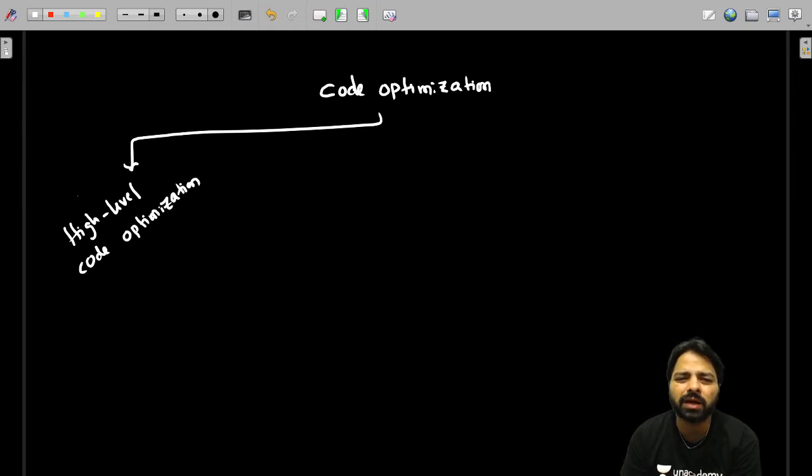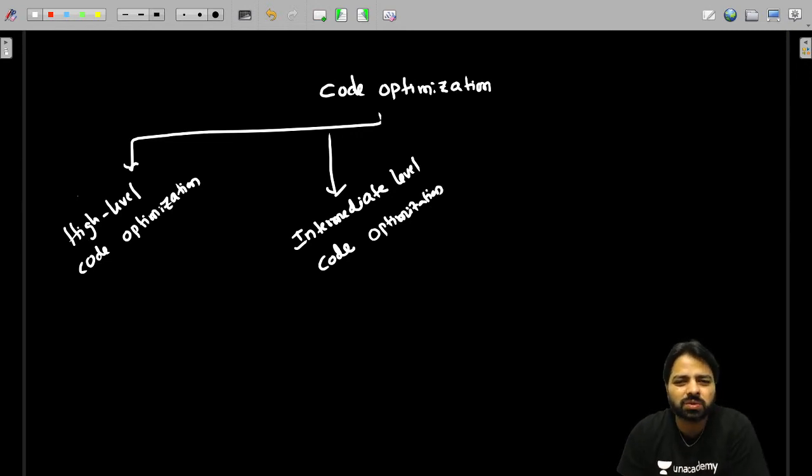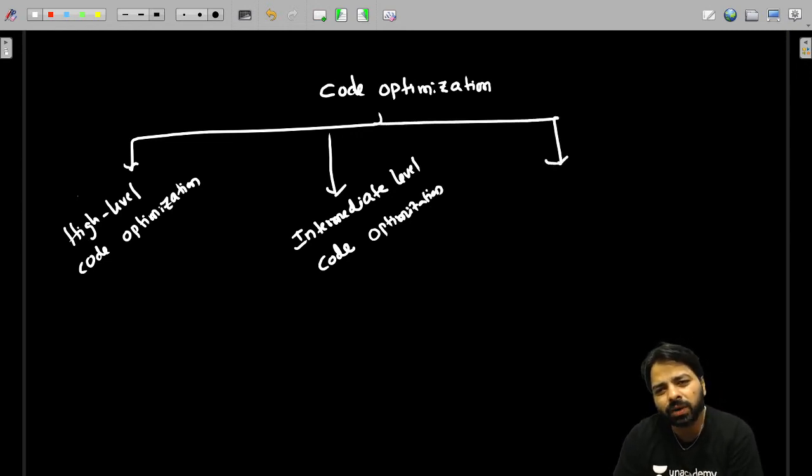Some of them are only applicable at high level, not at low level. Then there is intermediate code optimization, where every instruction is, let's say, 3 address code. Another one is target code optimization, where the target code is assembly code.